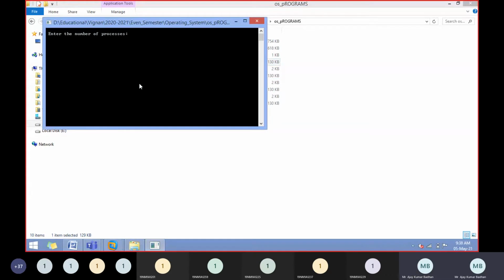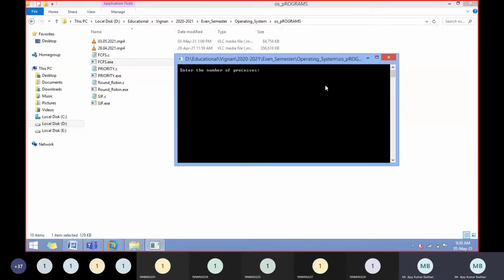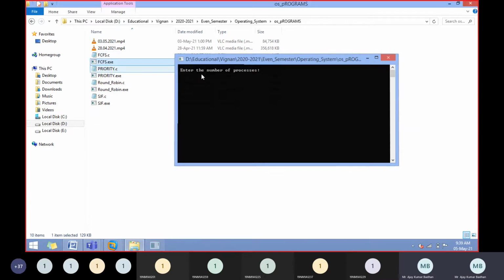In the black screen you can give input. If I want to send you the code, I mean how this program works, I would simply send you this .exe. This is an application file. When you click on it, you can type the information here and execute it. But the unfortunate thing is, if you want to know how this code is running, you will not be able to get the code. Why? Because I have sent you the application. The code is present in the source code, that is .c.